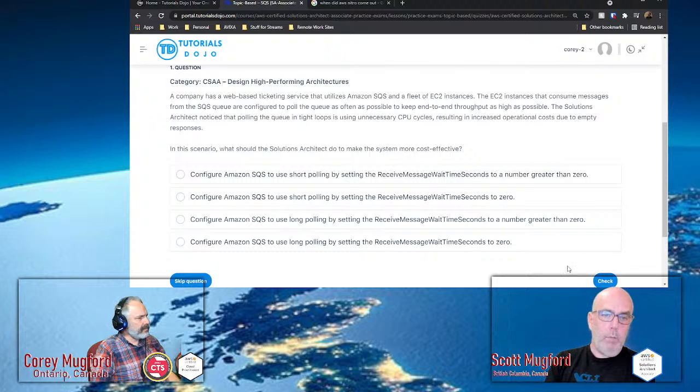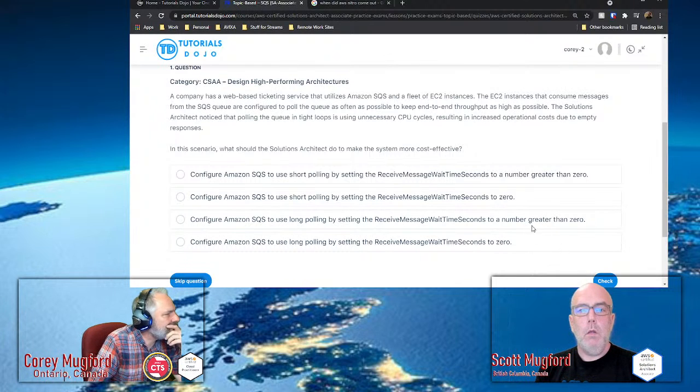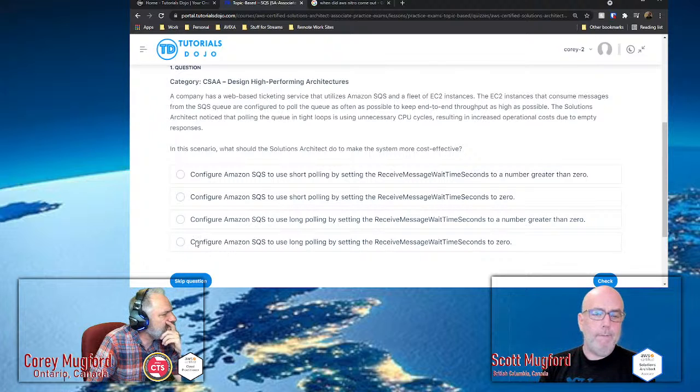I don't remember why, but I think it's the first one. Configure Amazon SQS to use short polling by setting the receive message wait time seconds to a number greater than 0. Yeah, I don't remember any of this.